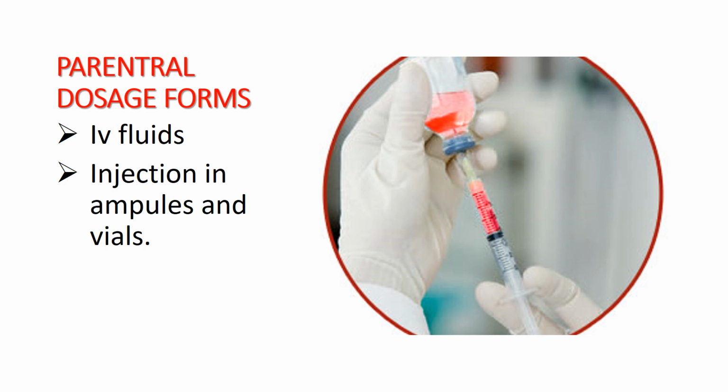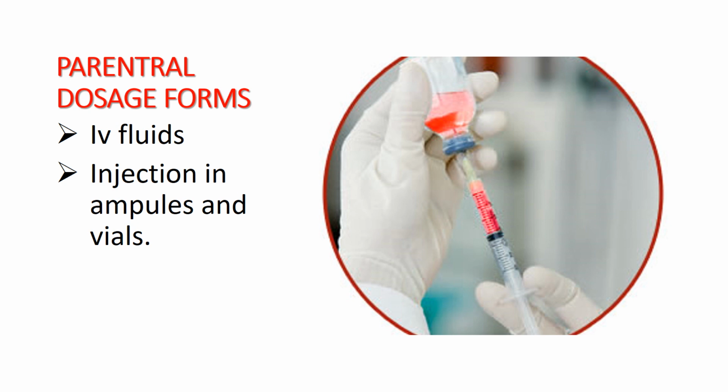We finished with the oral dosage forms and we come to the parenteral dosage forms. I told you parenteral route of administration means any route of administration which does not include the oral route, that is the mouth, GIT and the rectum. Any route which does not involve the mouth, GIT and rectum is called parenteral, or it can be defined as direct deposition of drug into the systemic circulation, which includes mostly injections.